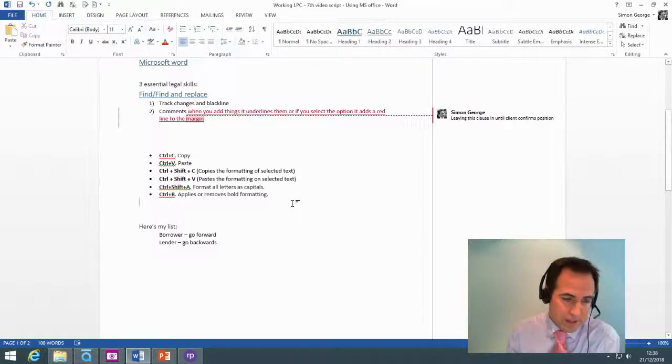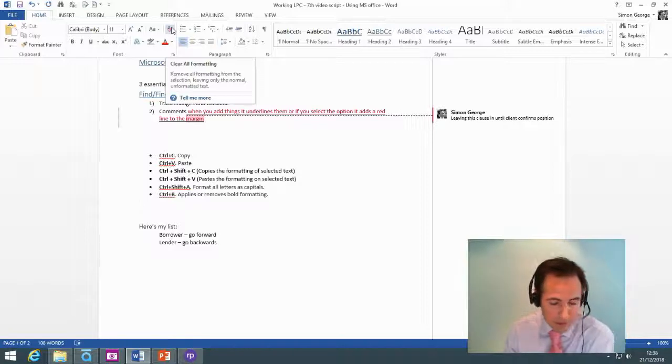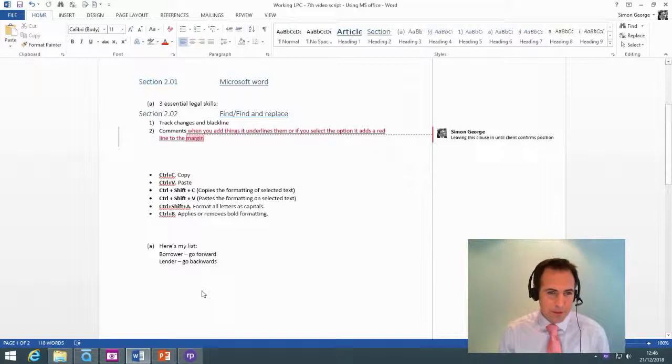So you've got the Clear All Formatting button, which is true across all different Microsoft Word products, so you can do the same thing in Excel or wherever, and it will allow you to remove formatting from oddly formatted things. It's pretty common as well for legal documents to have some pretty intricate numbering systems,